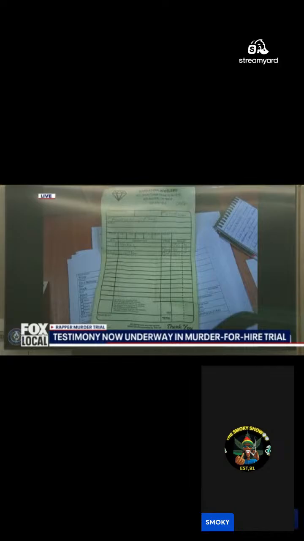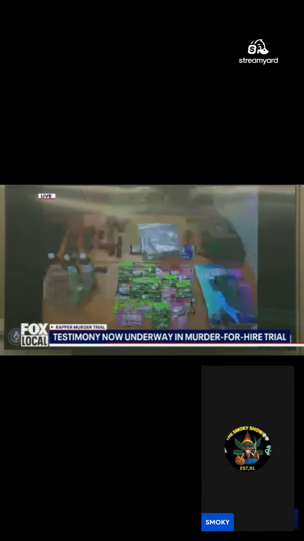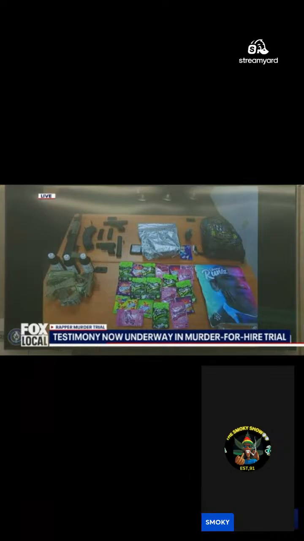Item number 1 is a diamond ring valued at $1,750, and then a gold chain valued at $1,650. What date do you see on that invoice? It's November 22nd, 2020. This would have been the day before? That's correct. State's Exhibit 676, it's just basically an overall photograph of what we found in the vehicle.